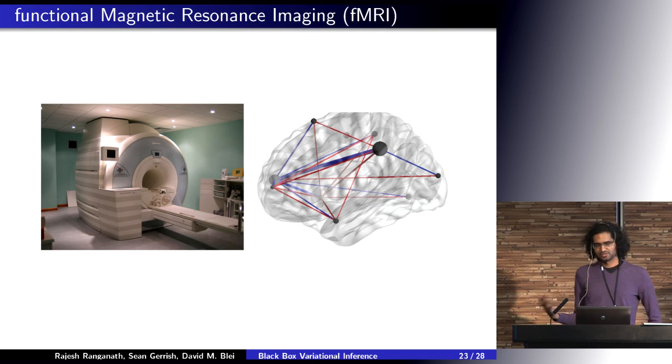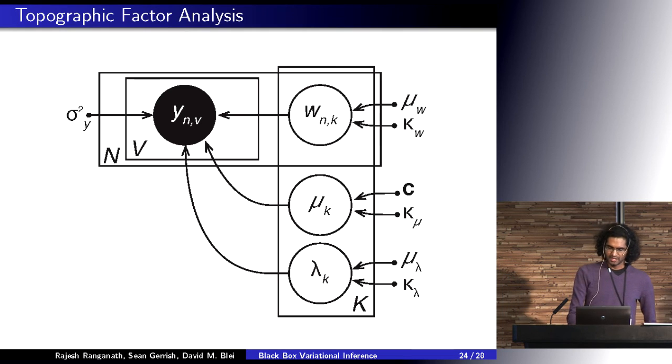What neuroscientists would do is they would like to see what parts of your brain are activating and how they're related. So given that data, they'd like to come up with something on the right, where the little black things are portions of your brain, like parts of your brain that are interesting, and the connections are either positive or negative weights between those sources. So they came up with this